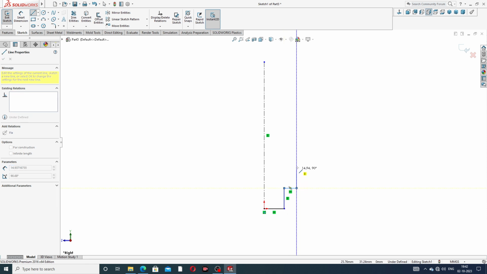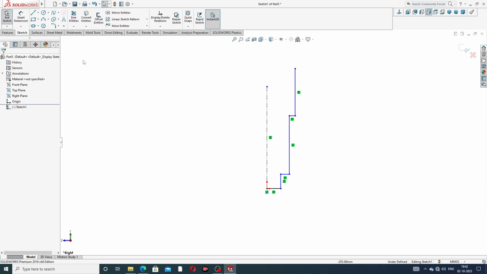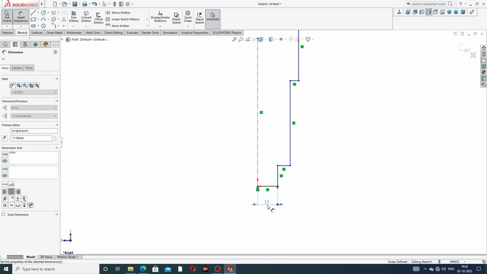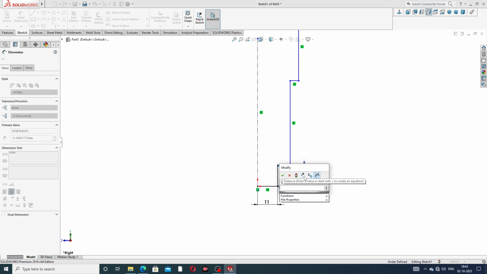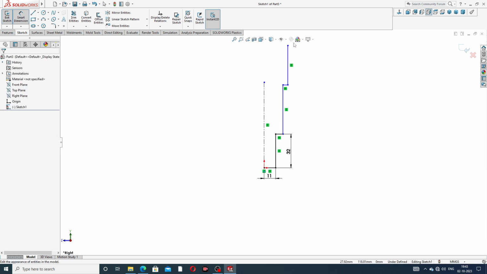And again draw this, select this and use this line. One by one, all dimensions: this is 11 millimeter, and this is 32 millimeter, which is better because this is a big line.